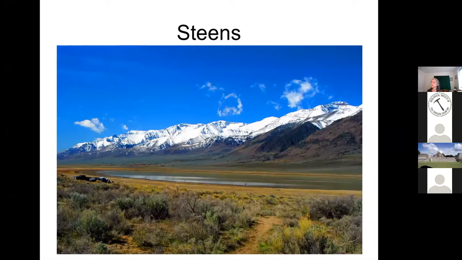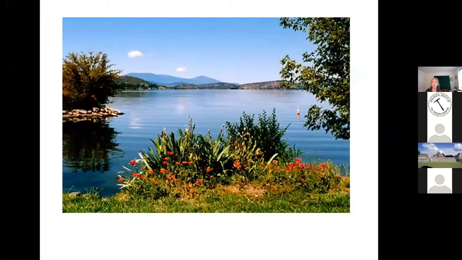There's a picture of the Steens, and you can see even today, and certainly during the ice ages, there were much more extensive glaciers than there are today, but some of the glaciers still persist on the Steens Mountains in this region. This region is also known for having a lot of lakes, because during the ice ages there was much more water available and more precipitation, and these places that are now dry in this area of southern Oregon used to have lakes.